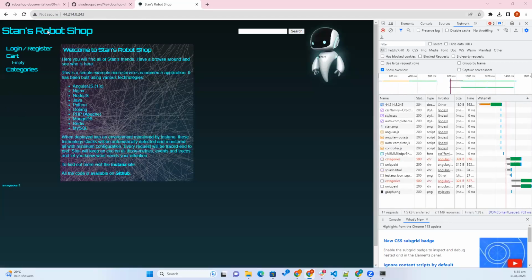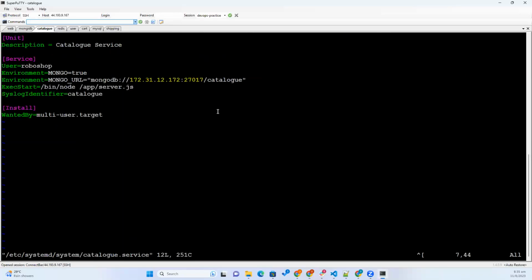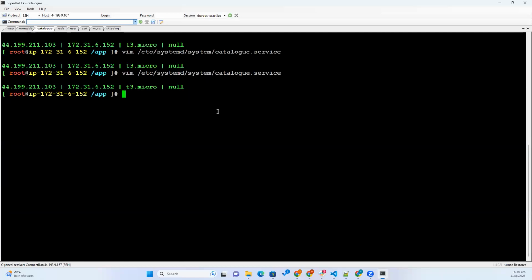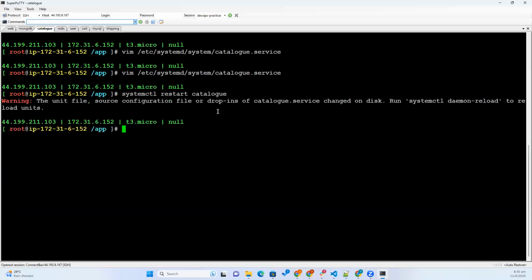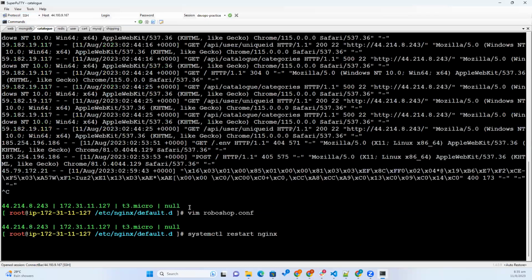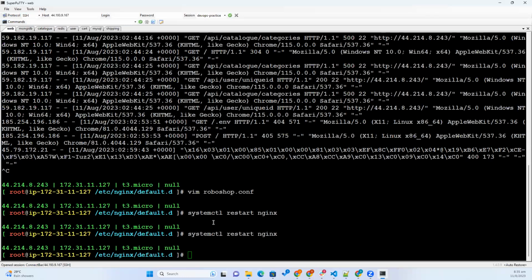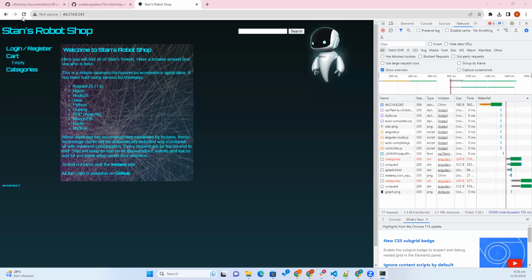We need to clear that mistake as well. So inside the catalog service, we need to restart. Okay. Daemon reload and restart. And restart our Nginx also. Let us come here and then